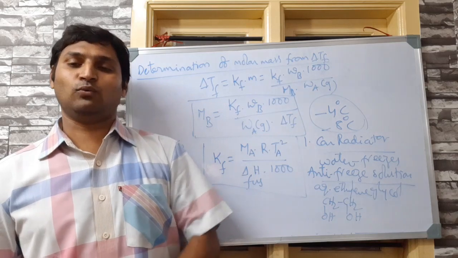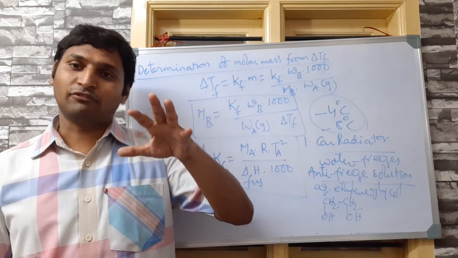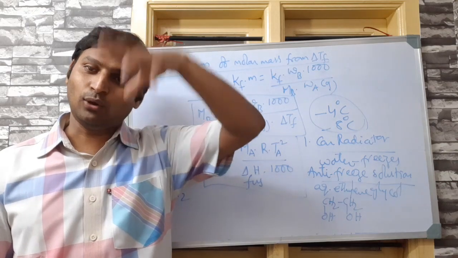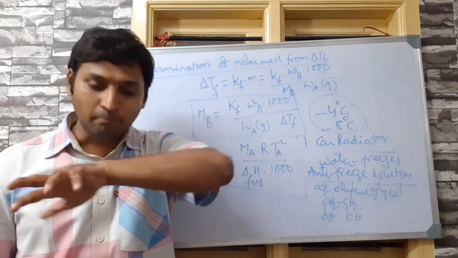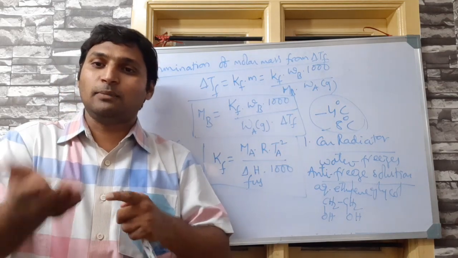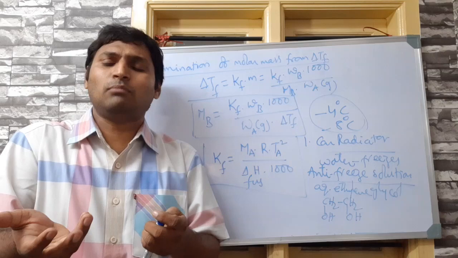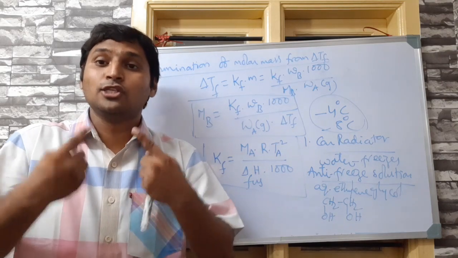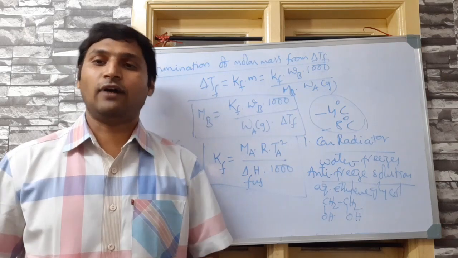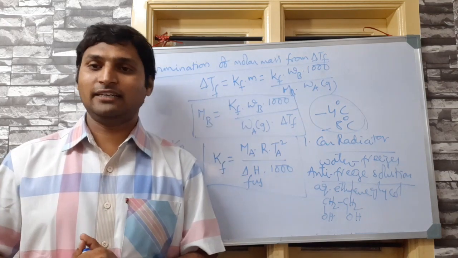Similarly, I forgot to mention one interesting application of elevation in boiling point, that is in your pressure cooker. Of course, there we are not adding any non-volatile solute. We are building pressure by keeping the vessel closed and making the steam built inside. Because the steam is not escaping, pressure is built. Because pressure is built, boiling point of water increases. Because boiling point of water increases, heat can be transferred better and quicker. That's why food is cooked faster. These are certain practical life applications of these colligative properties.